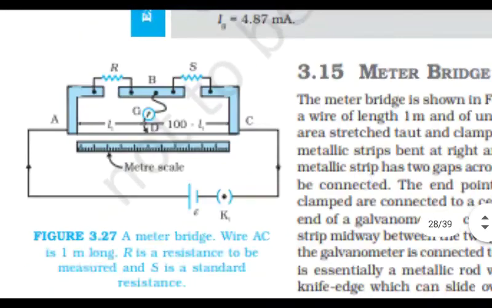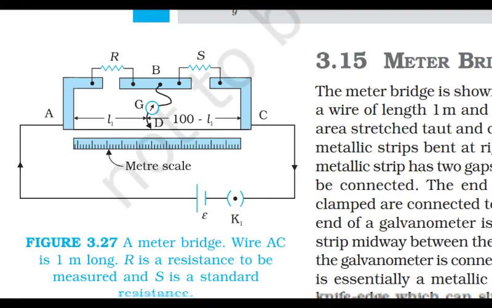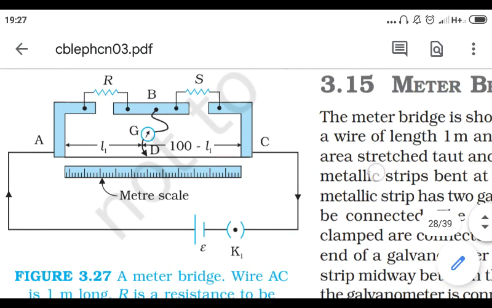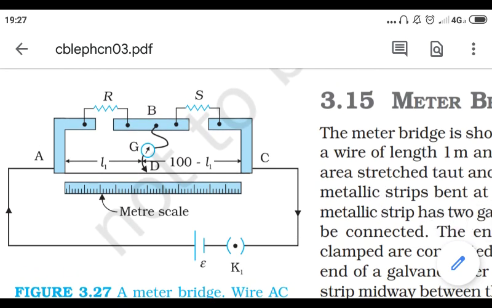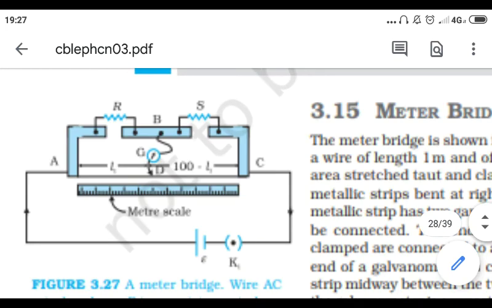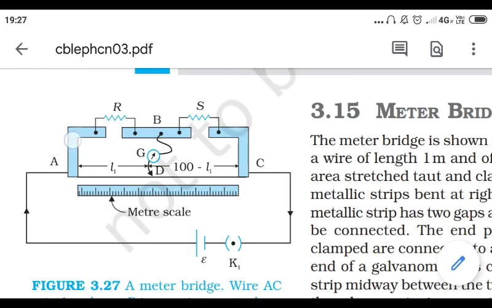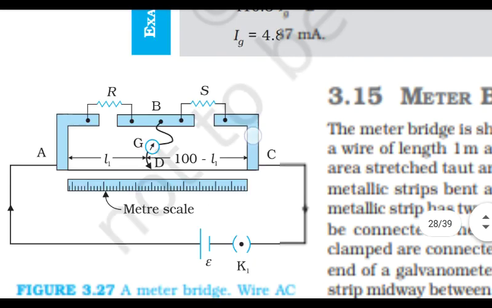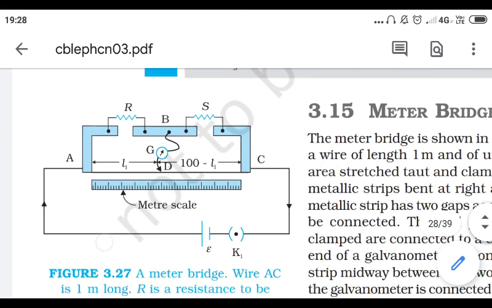Why is it called a meter bridge? That's one of the reasons. The meter scale is used here, which is 100 centimeters. So here we have used a 1 meter wire. You can see this is the 1 meter wire just above the scale, and here is the resistance S, and this is a circuit diagram. Okay, these blue thick plates are basically copper plates or silver plates. In our laboratory we have a silver plate, but in the standard one earlier they used a copper plate, for good connectivity or good current flow, less resistance.